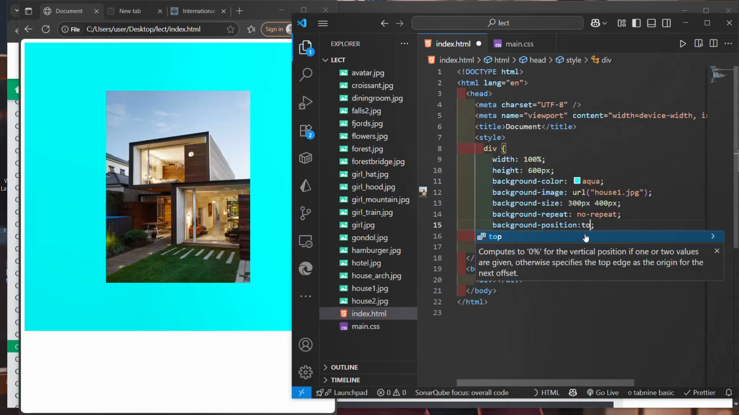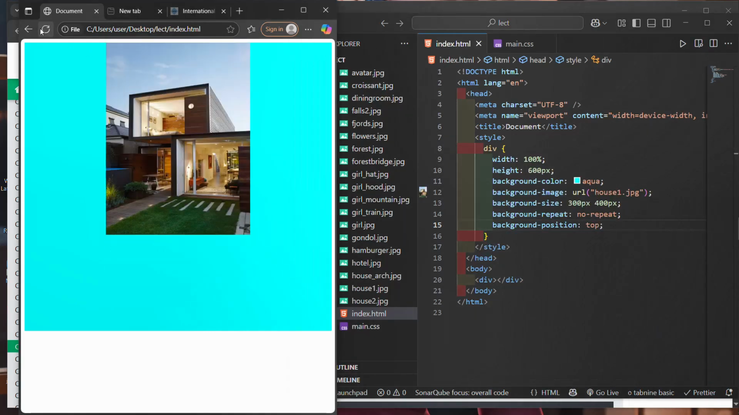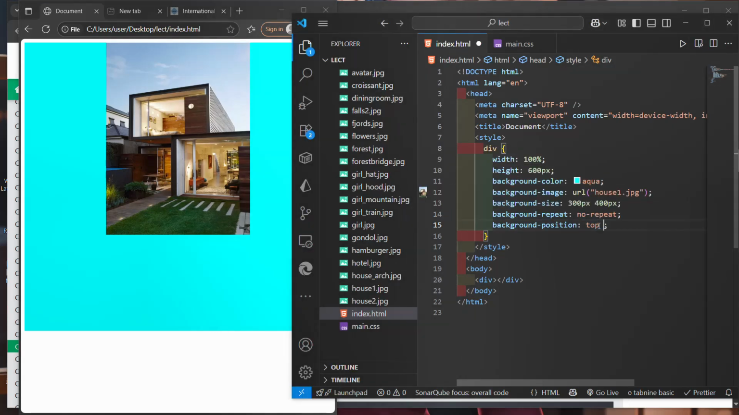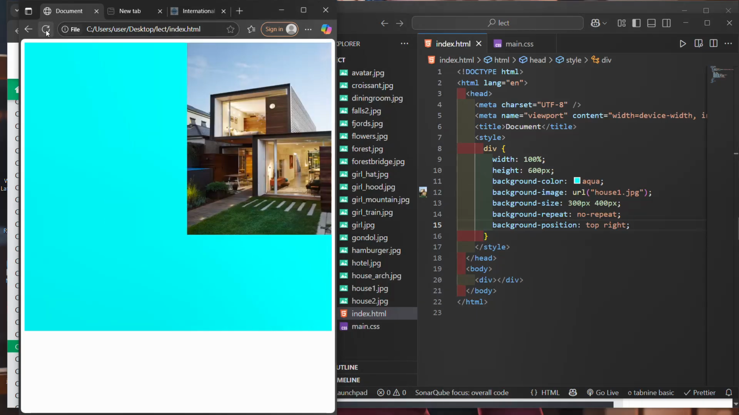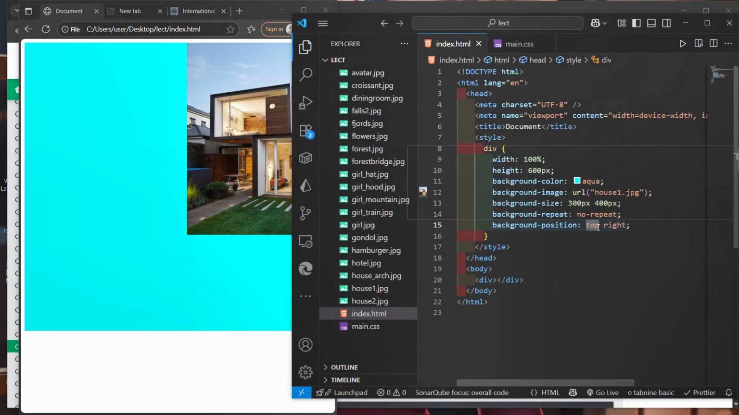So you can say top, move it to the top. You can say move it to the top right. So you can use this also if you want. You can say the bottom and so on. So another thing you can also do is that if you don't want to do this, you can also say